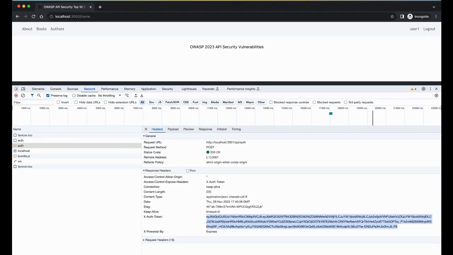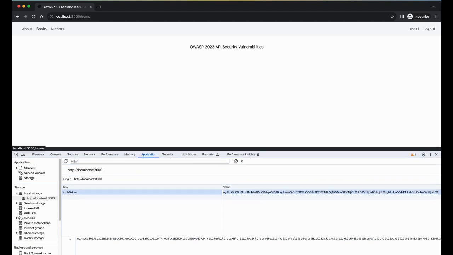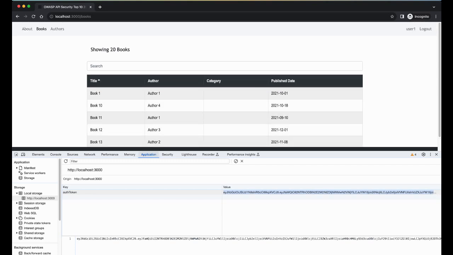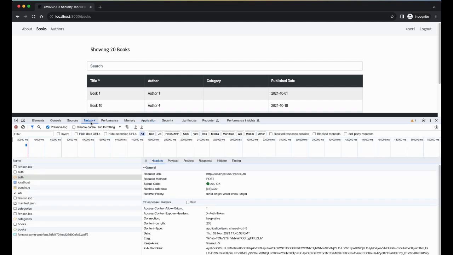If you go back to the browser, once we receive this token after authentication, go to Application, and under Local Storage I'm saving this token as auth token. So auth token is my key and the token is stored here. Now if I make any other call to the system, let's say I click on books here, I'm able to call the API and get all the books. And if you look at the network call for books,